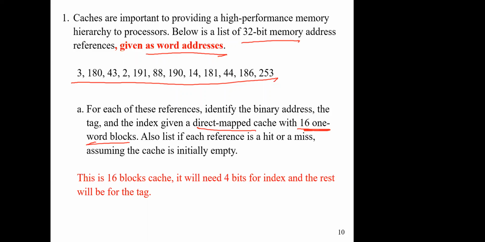Since you have just 16 blocks, of course, you will just need 4 bits for indexing. The rest will be for the tag. You don't need to have any bits for the offset since you are just interested in the word. Correct? You can assume that even though the word is 4 bytes, I'm not interested in addressing the bytes,